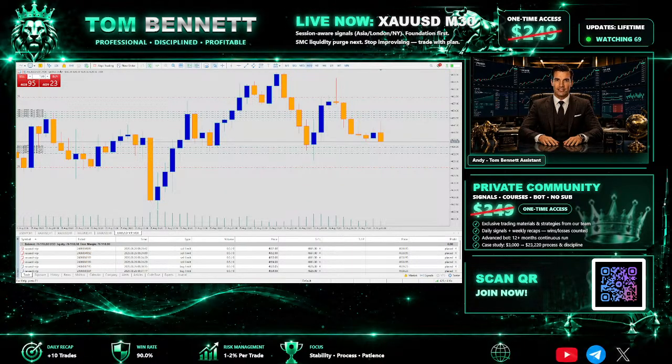Now let us turn these filters into a practical checklist. Before you enter a trade on XAU-USD, you should be able to answer the following. 1. What is the higher time frame context? 2. What is the current USD bias? 3. Is price at a meaningful location? 4. Has liquidity been taken, or is liquidity still sitting nearby? 5. What confirmation has appeared? 6. Is the